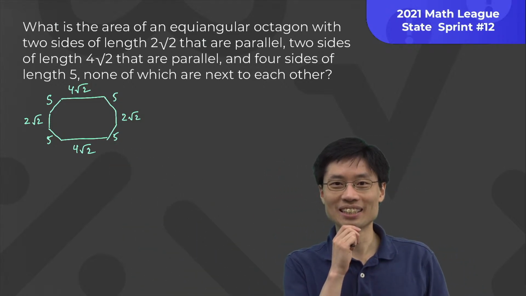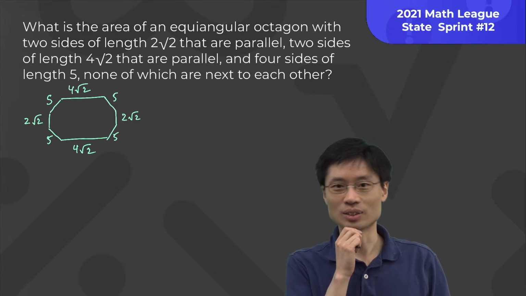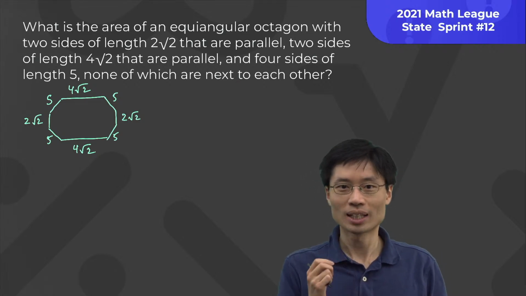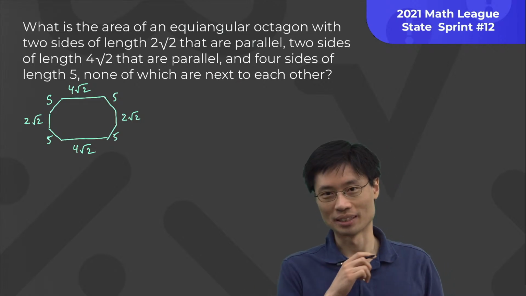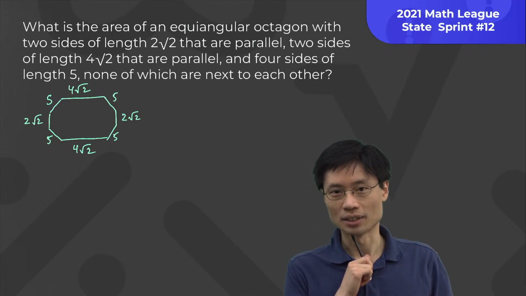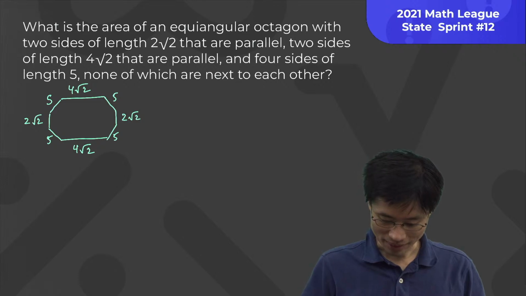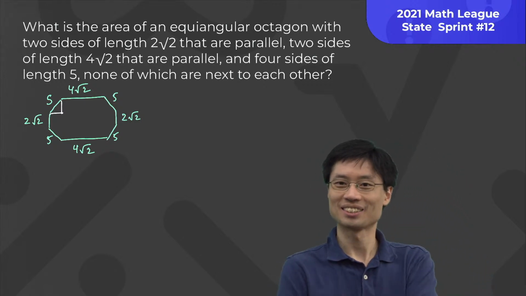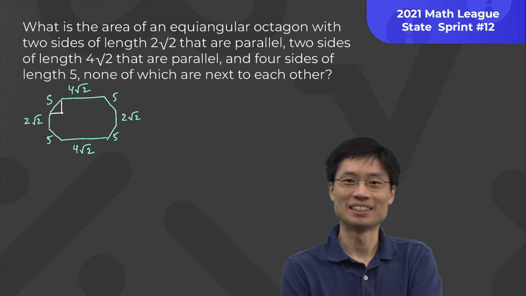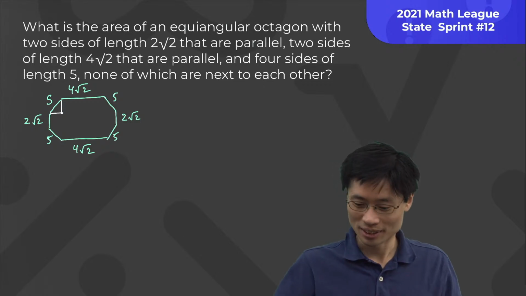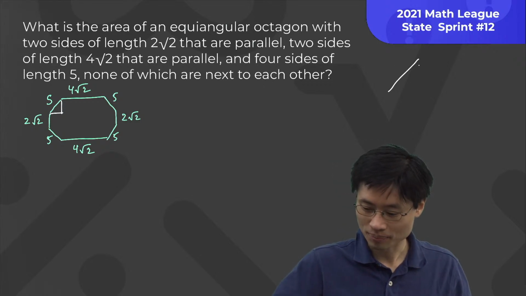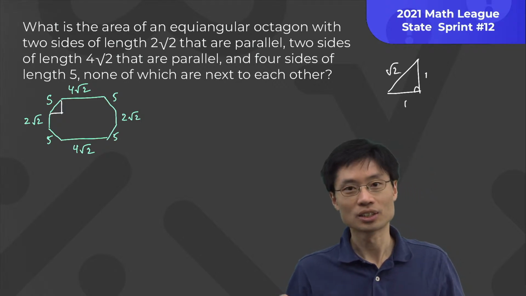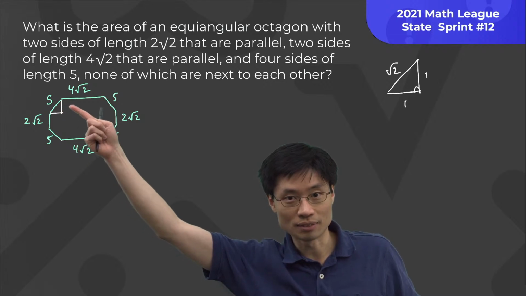Okay, so in that case, I just need to find the area. How to do something like this? Well, I guess it would be nice to kind of know some of the lengths that are involved. Yeah, okay, let's go and make some lengths. So if I have a 5, if I want to know what each of these little bits says, it's a little bit annoying because 5 is an odd number. But if I have this type of a right triangle, the ratio that they go by is 1, 1, root 2. So if I want to know each of those, I need to do what is 5 divided by root